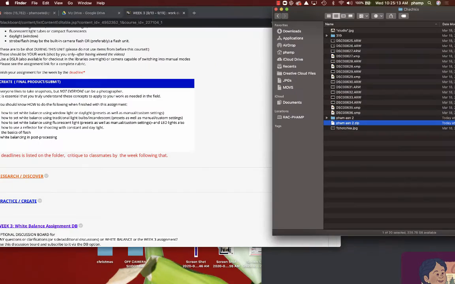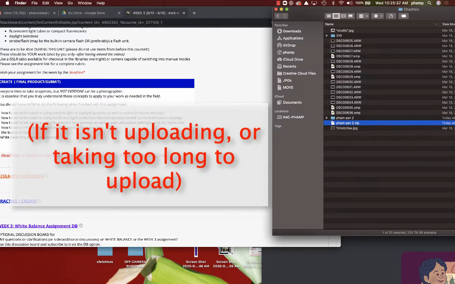Okay, so I want to tell you what you can do if you start to realize that the files are too big. Modern cameras are putting out files that are exceeding 20, 22, 24, all the way up to 30 or 32 megabytes these days. And so those files tend to get very, very big in the RAW format. If you start to have trouble submitting your RAW files, that they're too large, an alternate method is to use